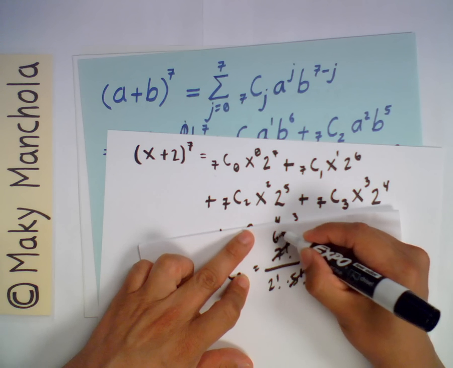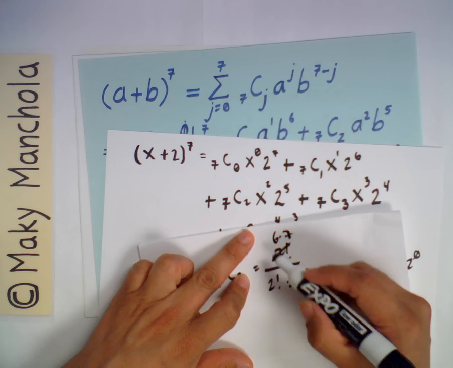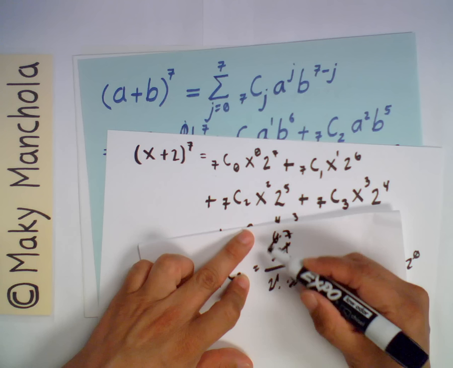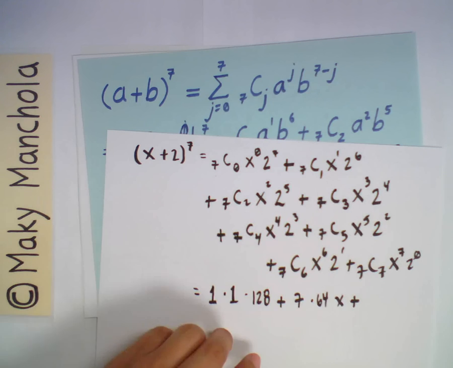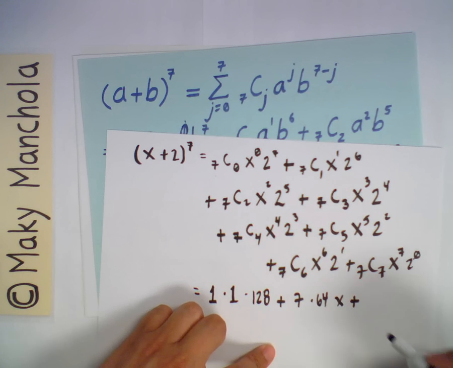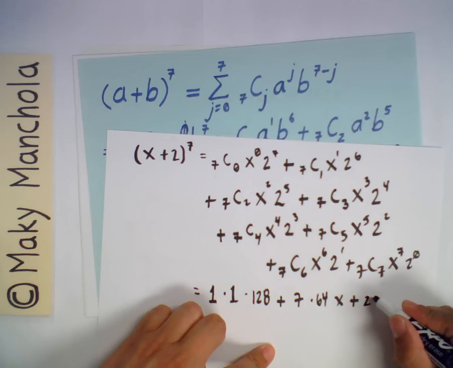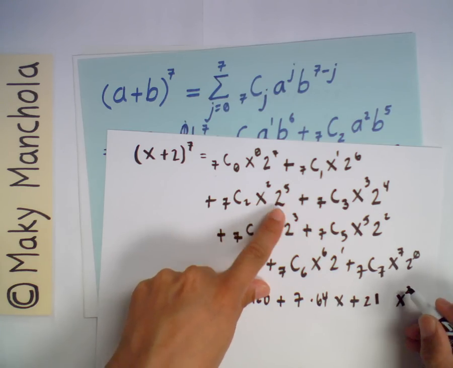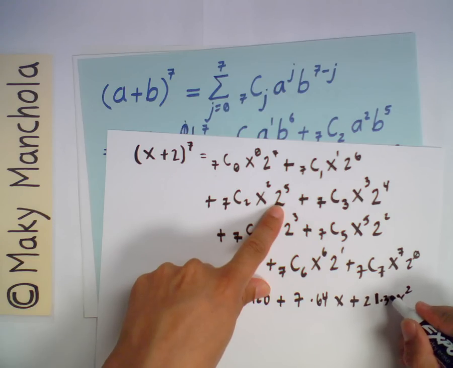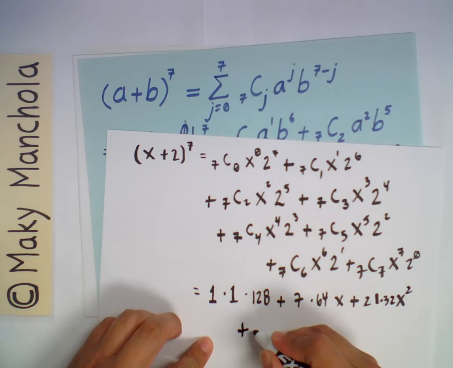You're left with 6 times 7. 2 factorial is 2, so you can cancel out the 2 with the 6, and then 3 times 7 is 21, so you write a 21 for 7 choose 2, and then you have x squared, and then 2 to the 5th, which is 32, plus,